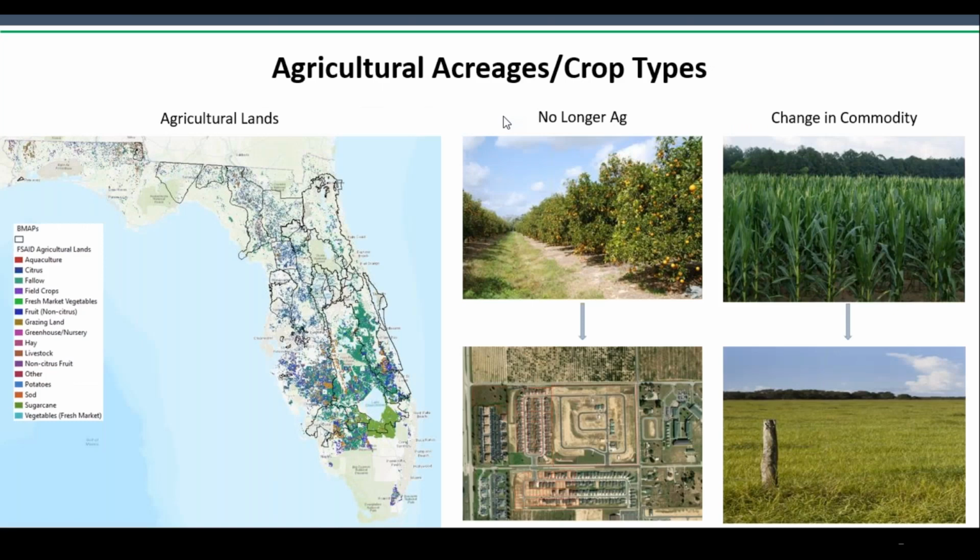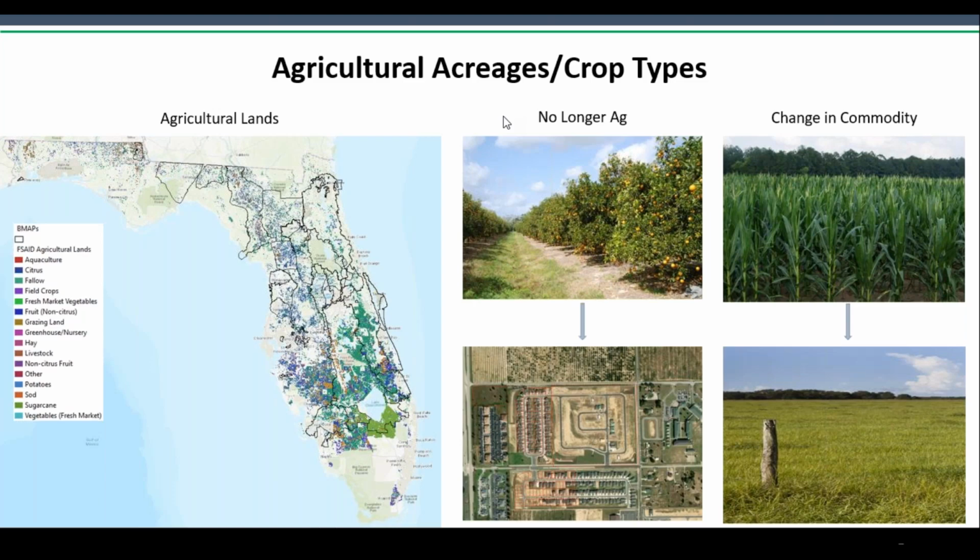The other challenge with agriculture is how fast agriculture can change. Although agriculture is the second largest industry in Florida, agricultural lands throughout most of the state are in constant flux due to the pressure from development in our growing population. Hard-hit industries like citrus are less prevalent, leaving open land in growing areas of the state that is being rapidly developed. Commodity changes can occur quickly due to economic forces, for example, the demand on certain crops, the price of fertilizers, and soil amendments. Open lands that currently exist on county tax rolls are often slated for development in future land use plans, and in the meantime, they may be used for agriculture to gain tax benefits.